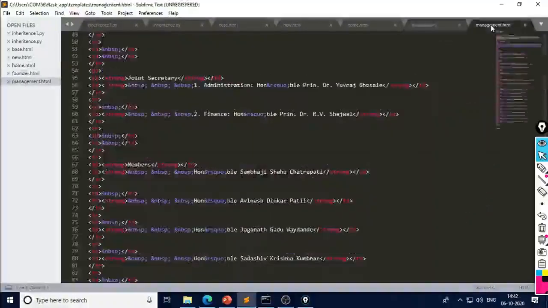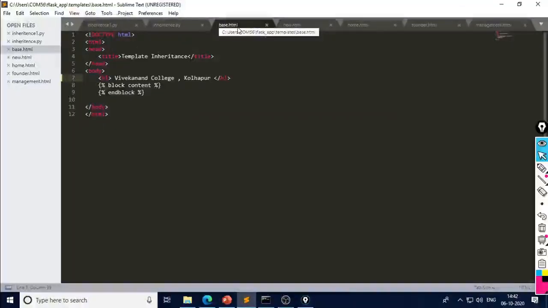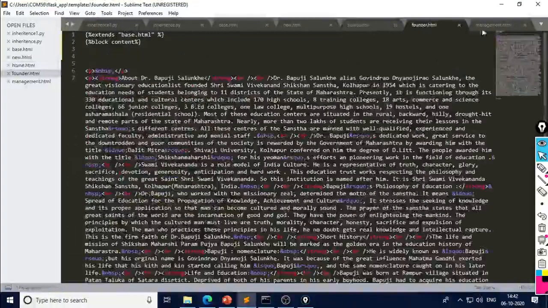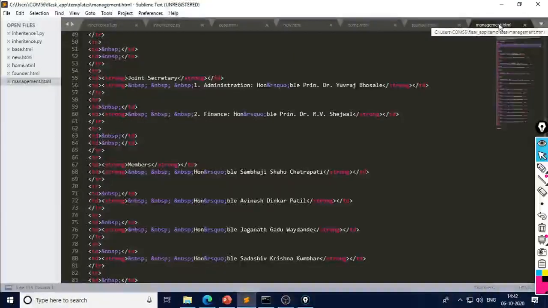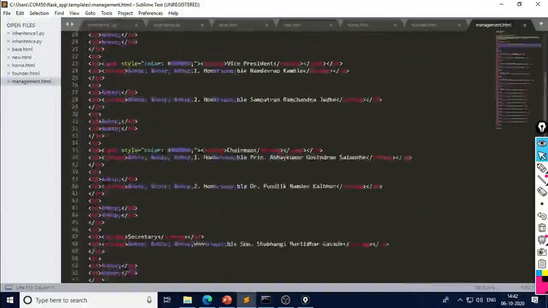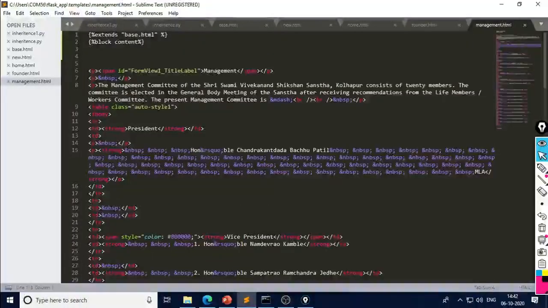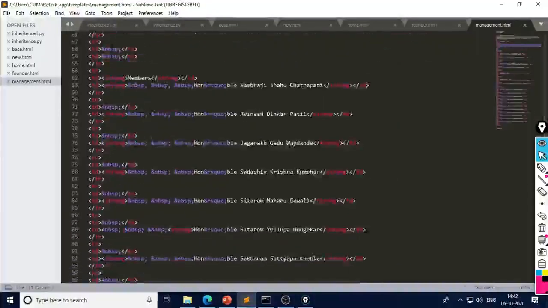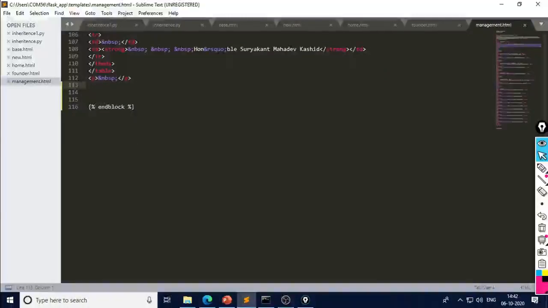And within management.html, we are using a tabular format. Only one thing is important. You should write base.html here. This is the compulsory part, and in each child HTML file we have to start with extends and block content, and we have to end with the end block statement.